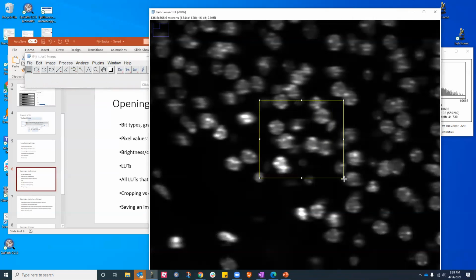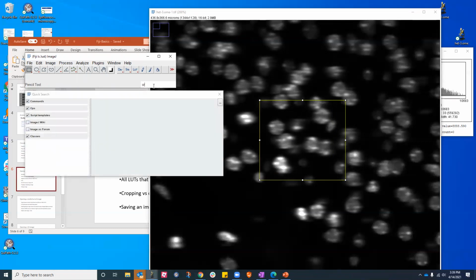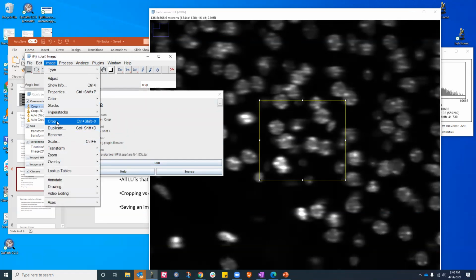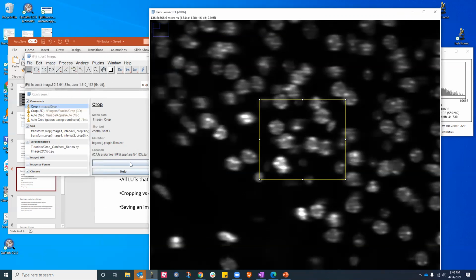So let's say I've selected this, okay? And I do crop. Sometimes I don't remember where to find the crop command because I'm so used to typing things here now. Okay, so I can go into Image, and the crop is somewhere right here, and the shortcut is Control Shift X. So if I say crop,